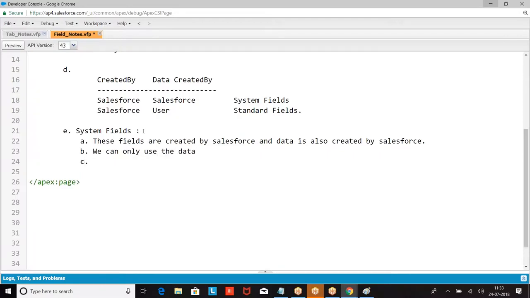How many types of system fields are there? ID, is deleted, created date, last modified date, created by ID, last modified by ID.